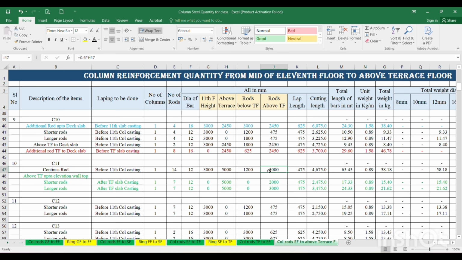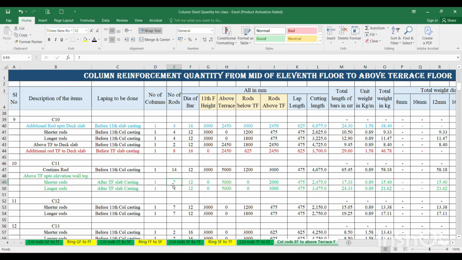And this column is lapped before 11th floor column casting, and the remaining up to that 5 meter height has to be lapped after the terrace floor slab casting. After the terrace floor slab casting, we can take a longer rod and a shorter rod to make it